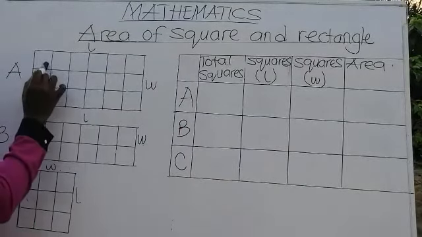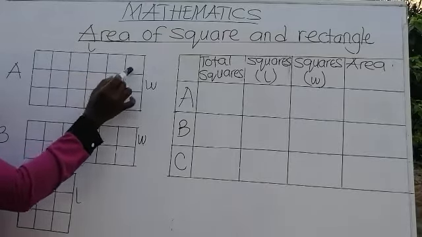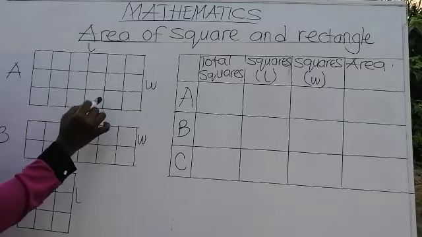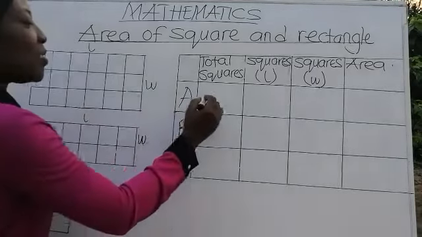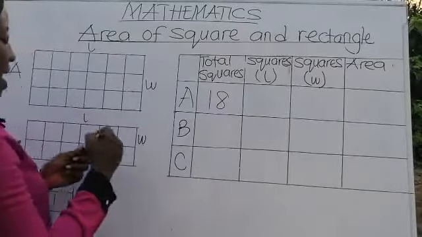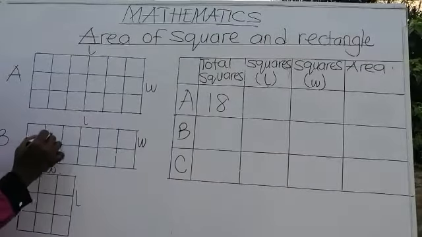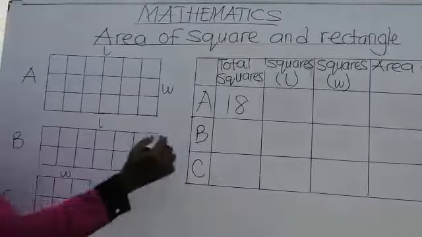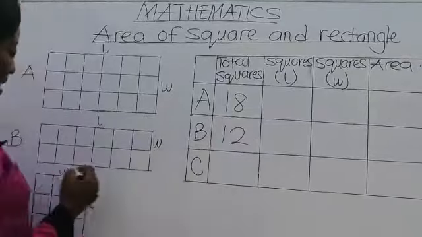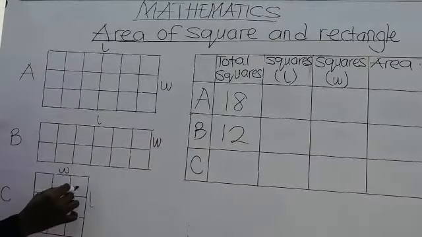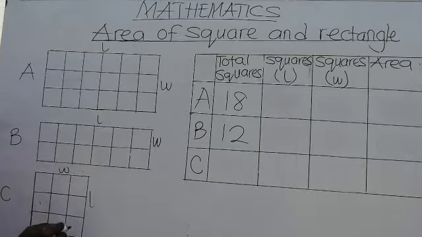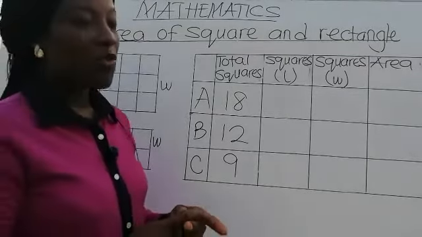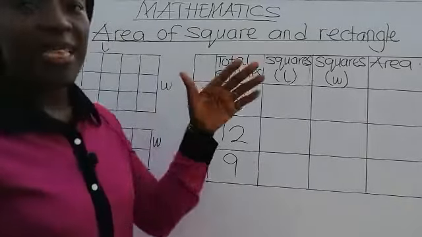Let's go. 1, 2, 3, 4, 5, 6, 7, 8, 9, 10, 11, 12, 13, 14, 15, 16, 17, 18. So let's write the total number here. Shape B. 1, 2, 3, 4, 5, 6, 7, 8, 9, 10, 11, 12. Good. Shape C. 1, 2, 3, 4, 5, 6, 7, 8, 9. That's great. Now, we are going to find the number of squares we have in the length and the